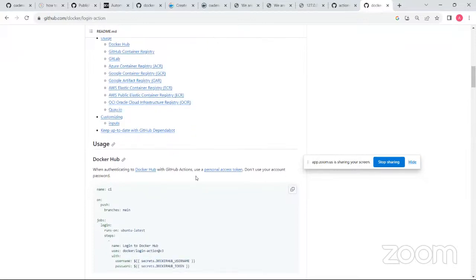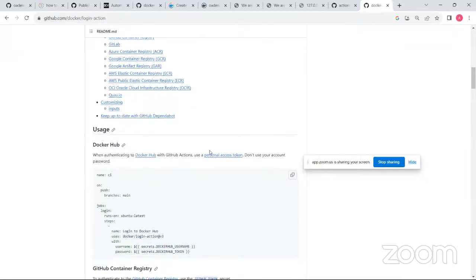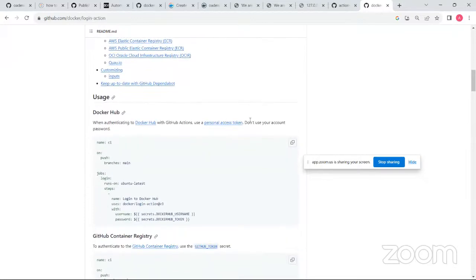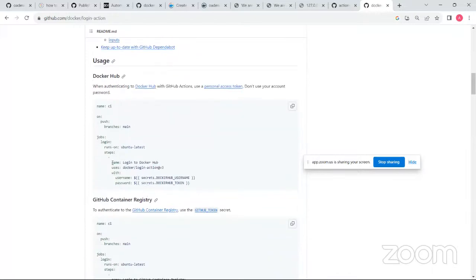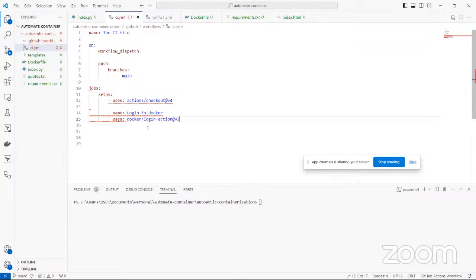You can see they said when authenticating to Docker with GitHub Actions, use a personal access token instead, and all of that. They have even provided a template for how you can use it. So what we're going to do is pick this part of the name. This is what we need. So it uses this action with